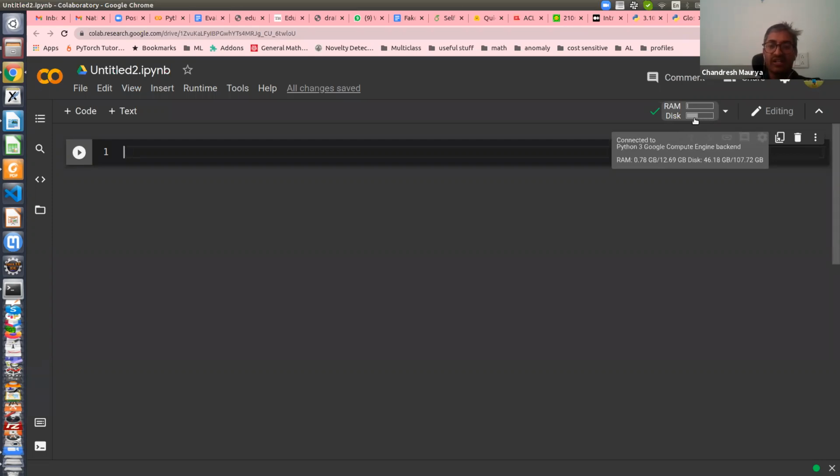RAM allocated by Google to you is around 12.69 GB and disk is around 107.72 GB, right? So this is what Google offers you for free when you are using Google Colaboratory to run your Python program. That's the best thing. Let's say you don't have access to a Linux machine.